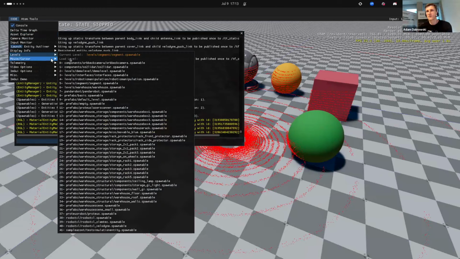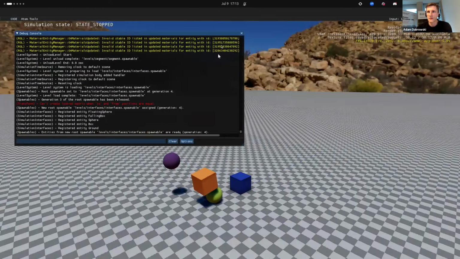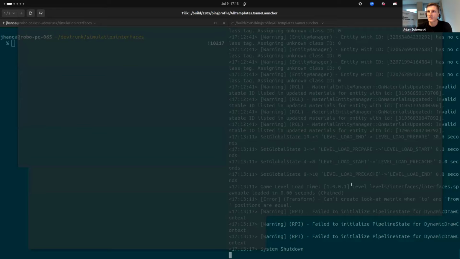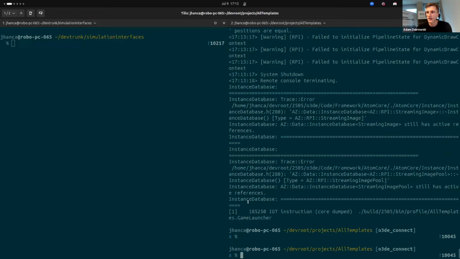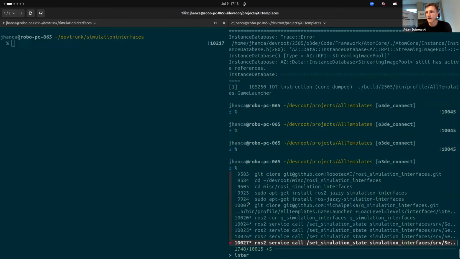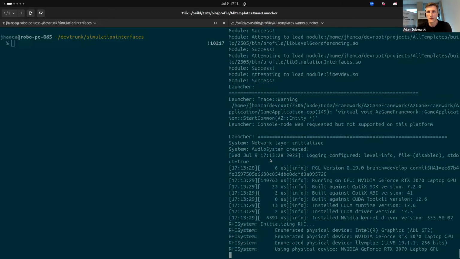Just let me change the level. Yes, for Adam, a bit please of a continue. For a bit of context, this is the default because simulation interfaces are meant to guide automation of robot testing in a sense that we can load levels, run scenarios, step through simulation and control the state. So starting in a stopped state is a good thing to ensure that you can populate the scene with what needs to be tested in robotics. So that's a bit different than having an editor focus on human interaction, right?